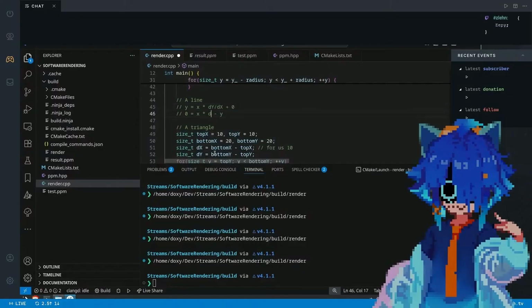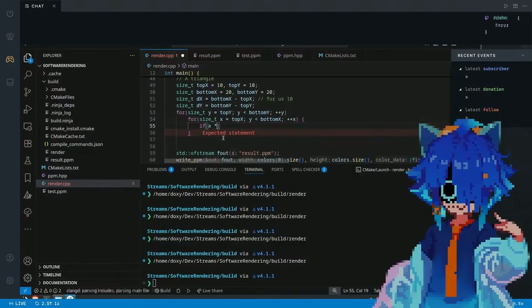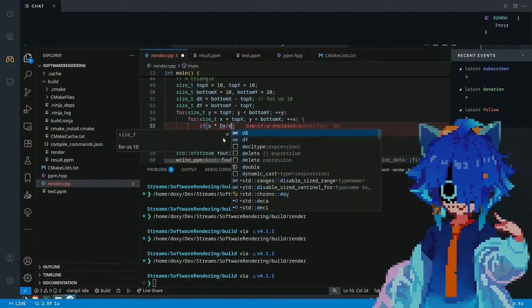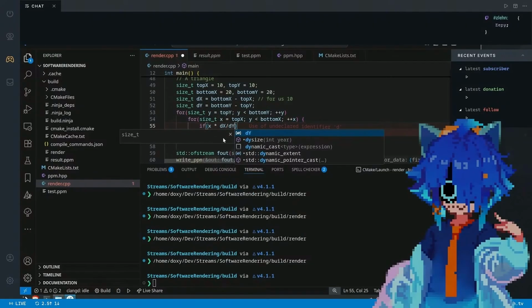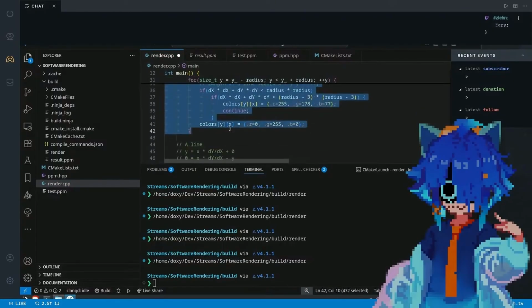So x times dy over dx plus 0. So we'll put that in, and we're going to check if x times dx over dy plus y is equal to 0. And if it is, color it in with our nice orange color, and we'll hide our points,